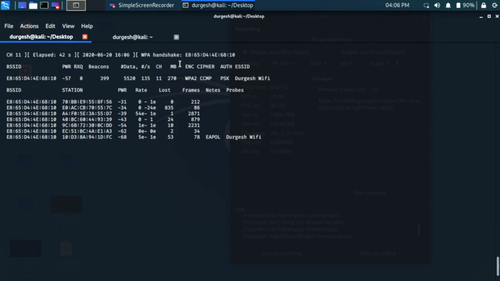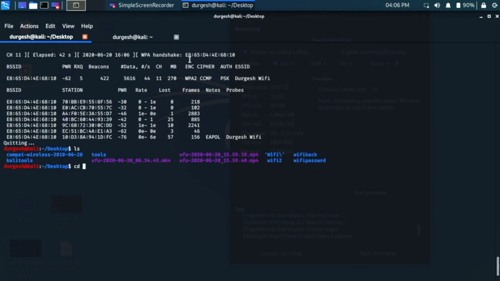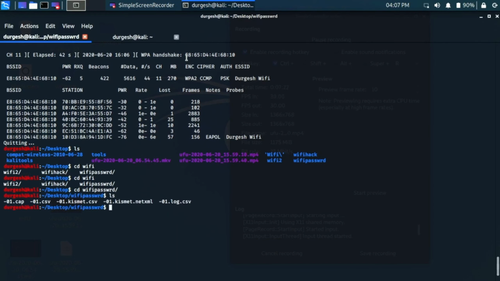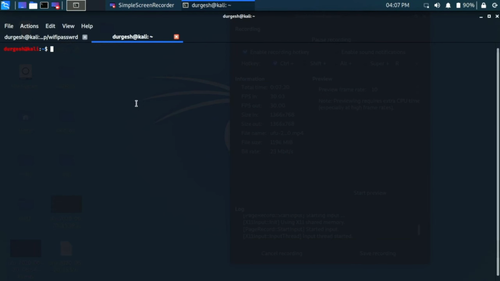So you can simply press Control C, and after that you can see the Wi-Fi. See, I have a captured .cap file here, right? If the handshake was not done, you can use the aireplay-ng command. Type aireplay-ng, and hyphen 0 is for de-authentication, and then how many packets you want to send for de-authentication. You can use 2, 3, 4, 5, however many you want.